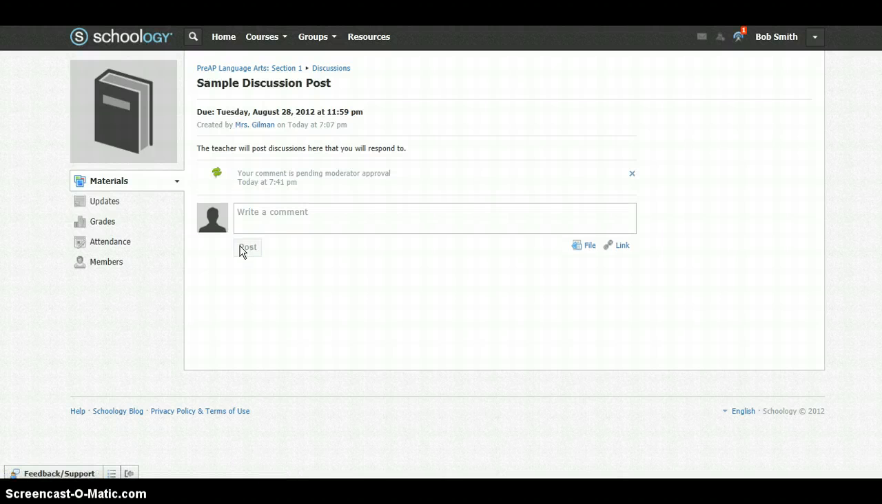And you'll notice that it says your comment is pending moderator approval. So you want to make sure that everything you post is appropriate, and your teacher is going to check that by checking under her moderation page on her site or his site, and then approving your post. So once he or she approves your post, it'll appear down here, and then you'll be able to respond to